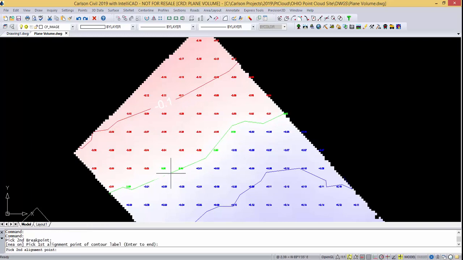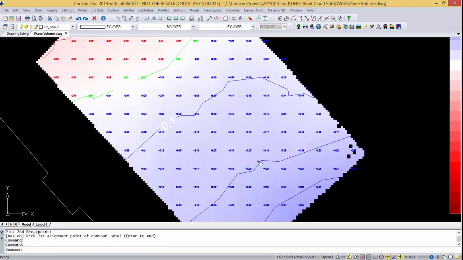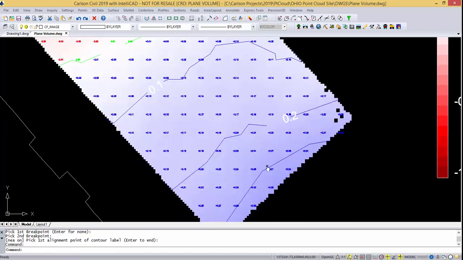Here's the next one. I'll pick here and breakpoint. There's a 0 there. You just can't see it. And then right here, oh, I broke out of the command. Let's do it again. Near on and label. I'll do it that way, and we'll break it there. And I'll come down here and pick this, pick that, and second label point will be there. And I'm going to break it here and here and move it. And then we'll come down here and pick here. Pick here, and we'll break it right there. Okay, and now I'm going to hit return. I've labeled those 3,